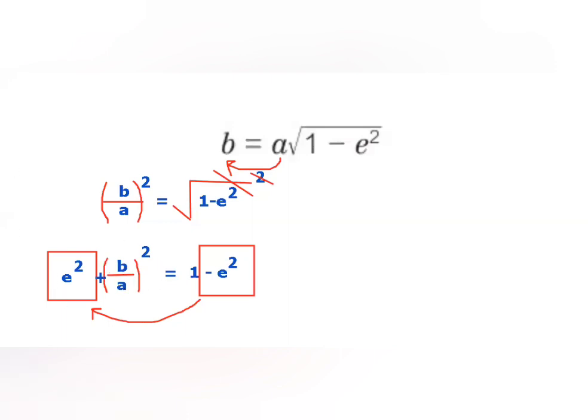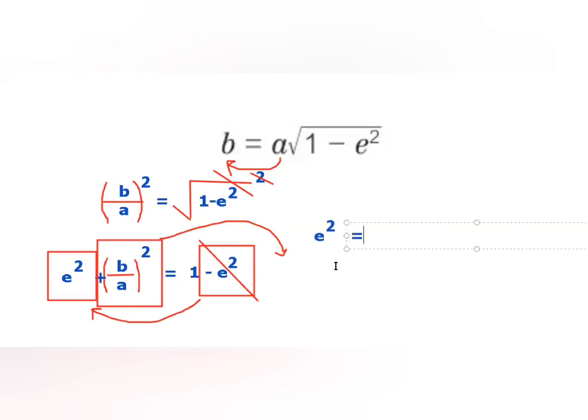Now, I remove this from this side. I can remove it like this, and I end up with 1 here. Now I'm going to continue. Because I need the e alone, I'm going to take this fraction, which is squared, to the other side, and I'm going to change the sign. So I'm going to take it here, and it's going to be negative b over a all squared. So I end up with what? Good. e power of 2, like this,